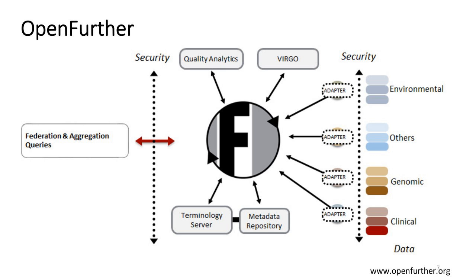Those data source adapters are specific to each data source, and they mirror the artifacts that are stored in the metadata repository there on the bottom. That metadata repository is a functional component of how we orchestrate queries coming from a canonical model that get translated to one of those data sources, and then we translate back the data coming from those data sources through the data source adapter, leveraging the relationships that are stored in the metadata repository and the content mappings of the concepts in the terminology server, all on the fly, to then aggregate the data together for some computational aspects,